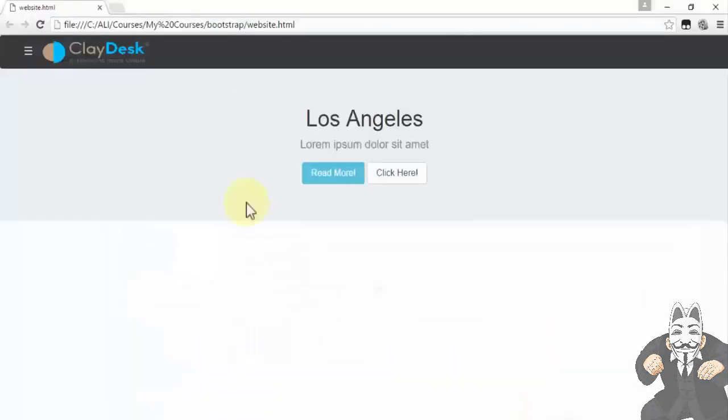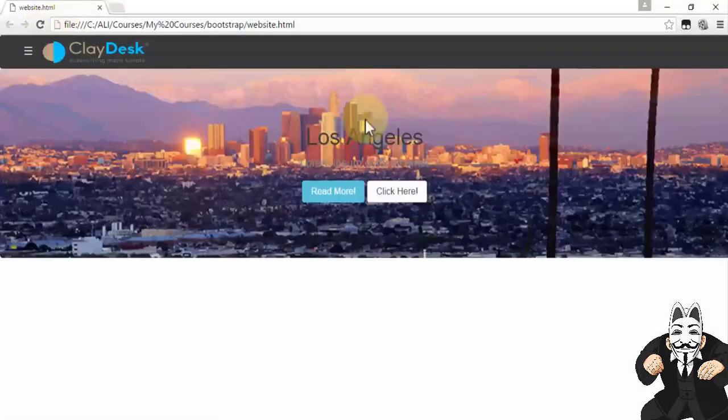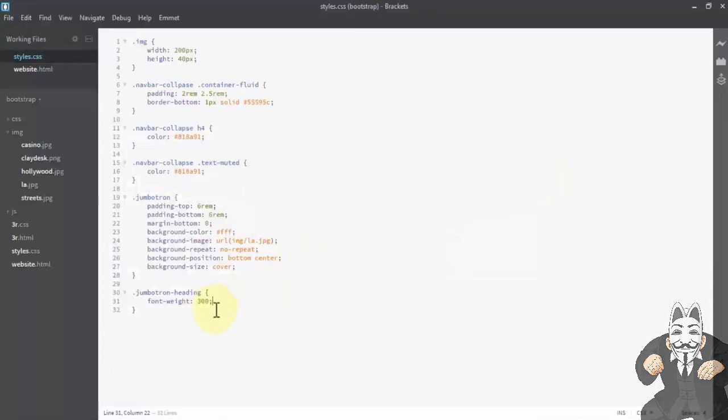Let's go back to our Jumbotron, refresh, and we have our image, but still it does not look good. So let's go back to our style.css and now call the class of Jumbotron and container. It will have a max width of 40 rem,